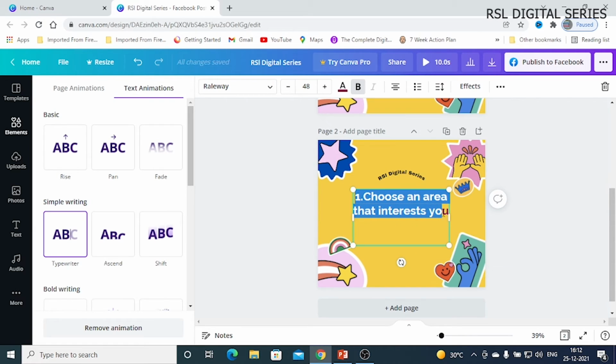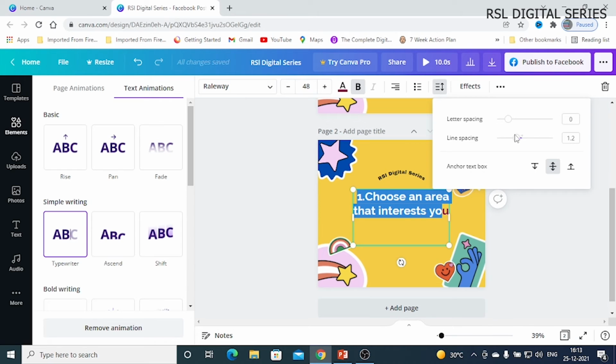Now you can change the alignment of the text as per your wish. Now it is aligned at the center. You can make it whichever way you like, and then you can change it as a bullet point also, and then line spacing.